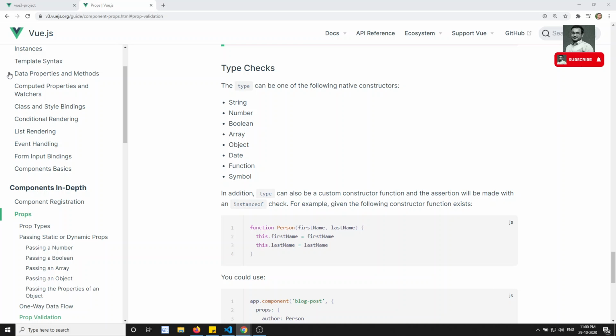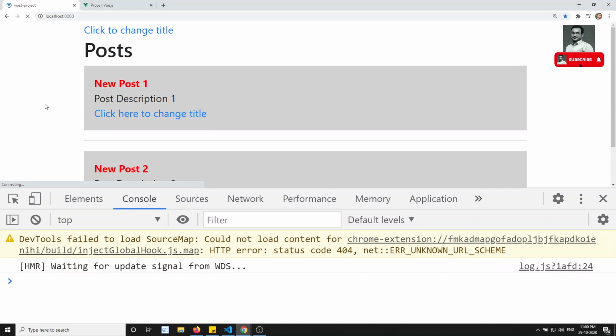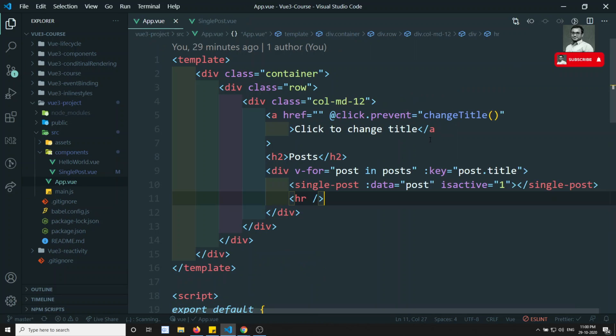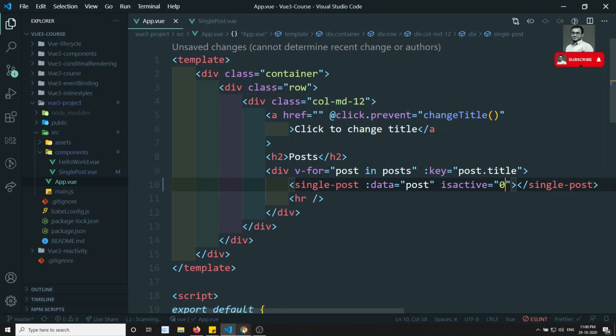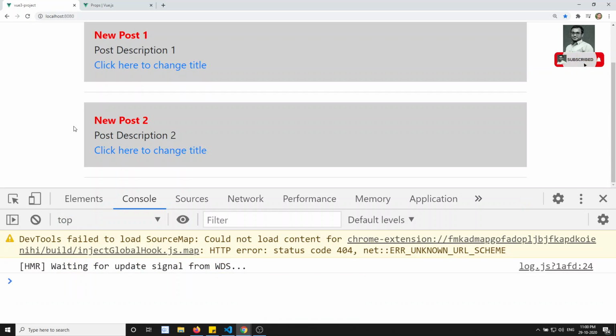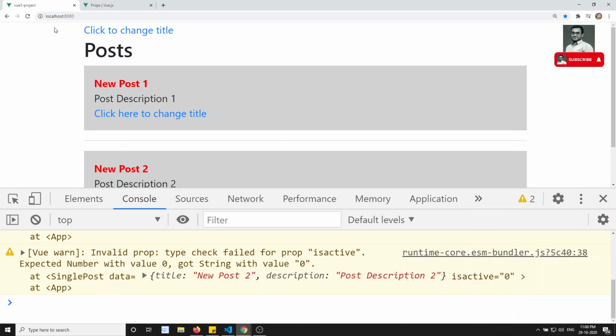Now I can go here, and if I want to see the output, I refresh this one. Okay, now I am able to see the gray color background. Why? Because I am sending is active as 1 all the time. So for example, if I send is active as 0, what will happen here? I refresh this one, and is active of 0. And now if I go here and refresh this one again,